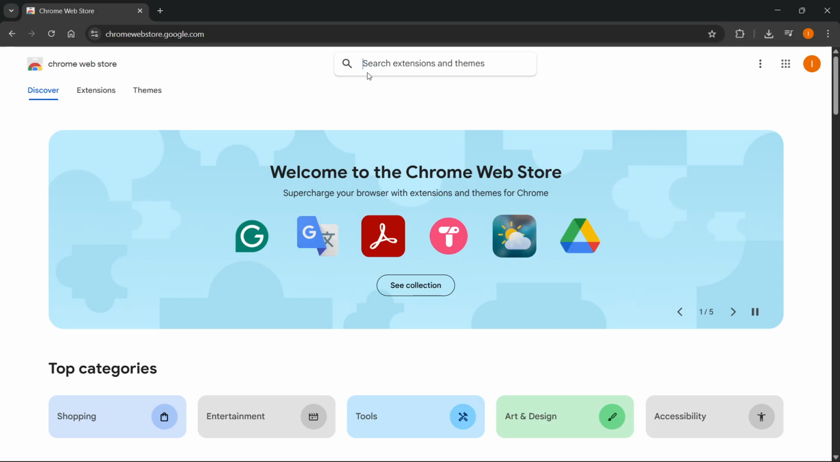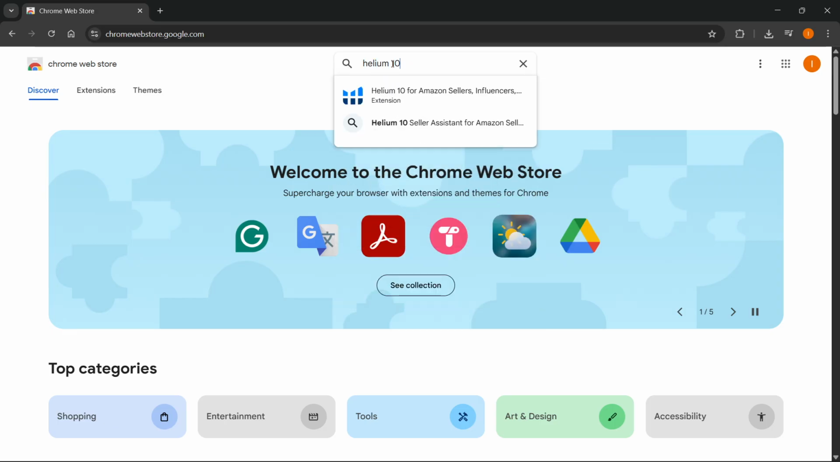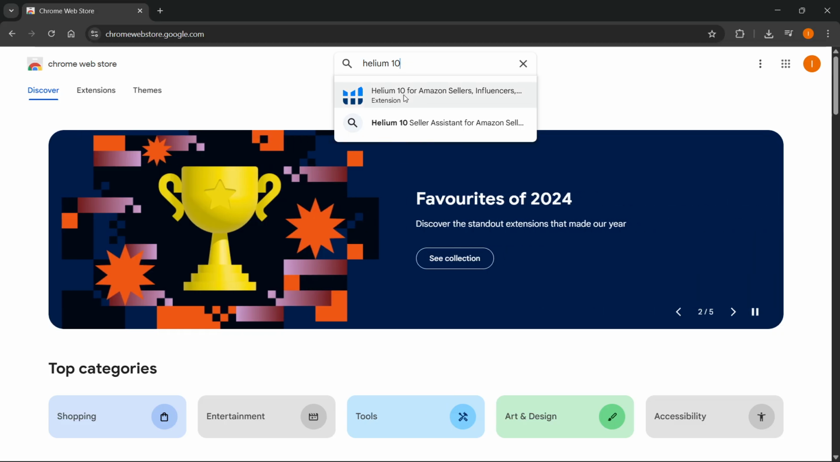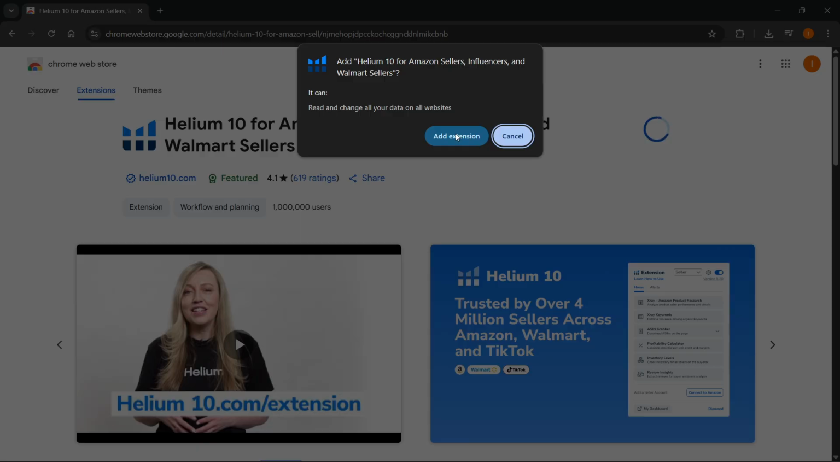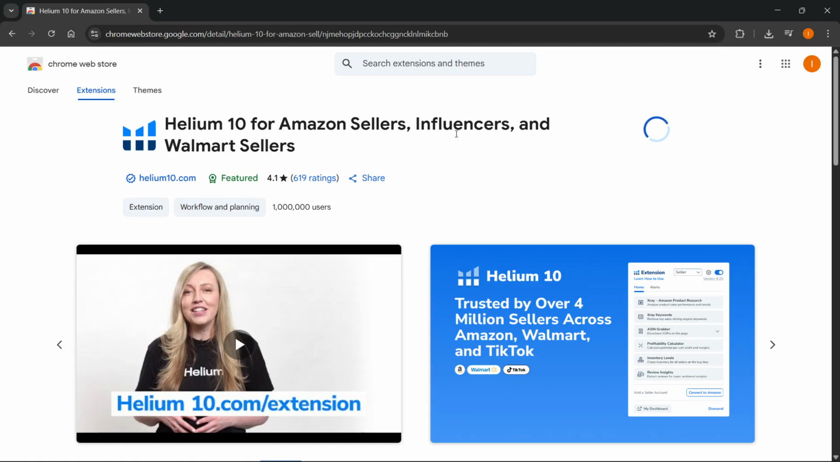chromewebstore.google.com. Then first go ahead and click on Search Extensions and Themes and type in Helium 10. There we go, it found it already. Simply click on that and click on Add to Chrome. Click on Add Extension at the top of your screen, and then your extension will get downloaded and added to